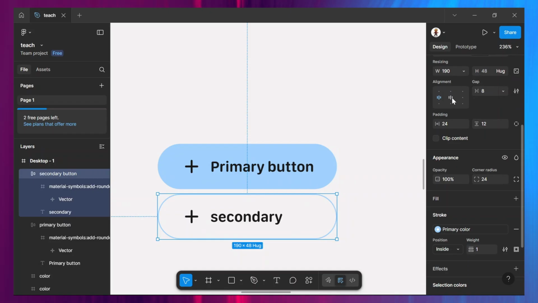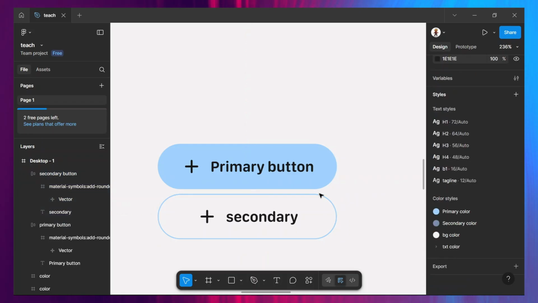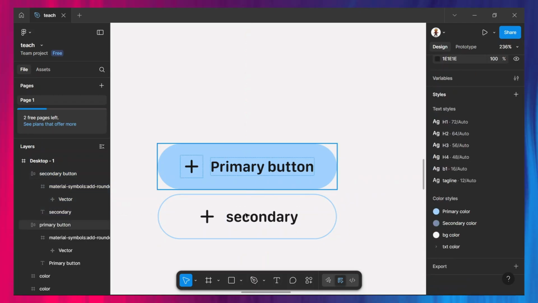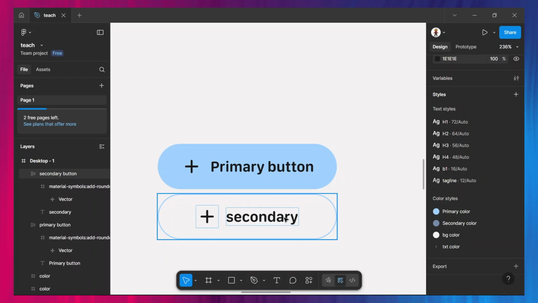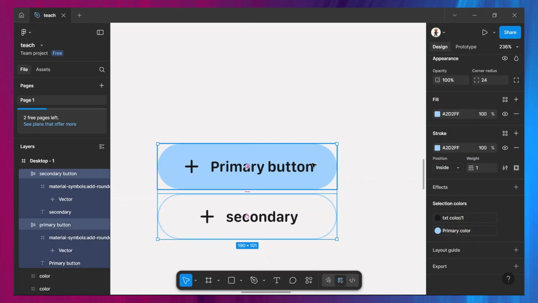So I'm just going to change this to middle and just leave it like that for the sake of this video. So now we have our primary and secondary button. Let's just say these are what we like, right? You may not use this in your video, but for the sake of this video, this is what we want to use. So we'll just go ahead and click on the two of them,